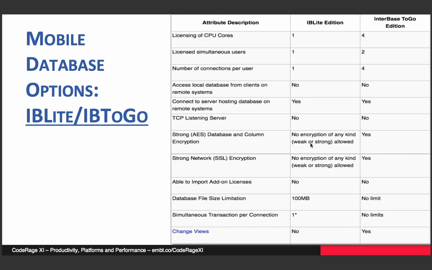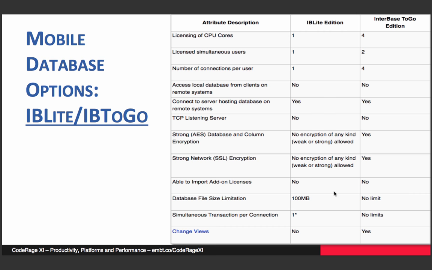I want to focus especially on the most important ones, like the security. So if you need security for your data, there's no option. InterBase To Go is the way, because SQLite is basically a text file with some more powers, but it's basic. You can say it's a text file. So InterBase or IBLite has at least a user and the password even on the Lite edition. But the To Go edition adds a really strong encryption system, so you can have all of your data under a good and secure encryption